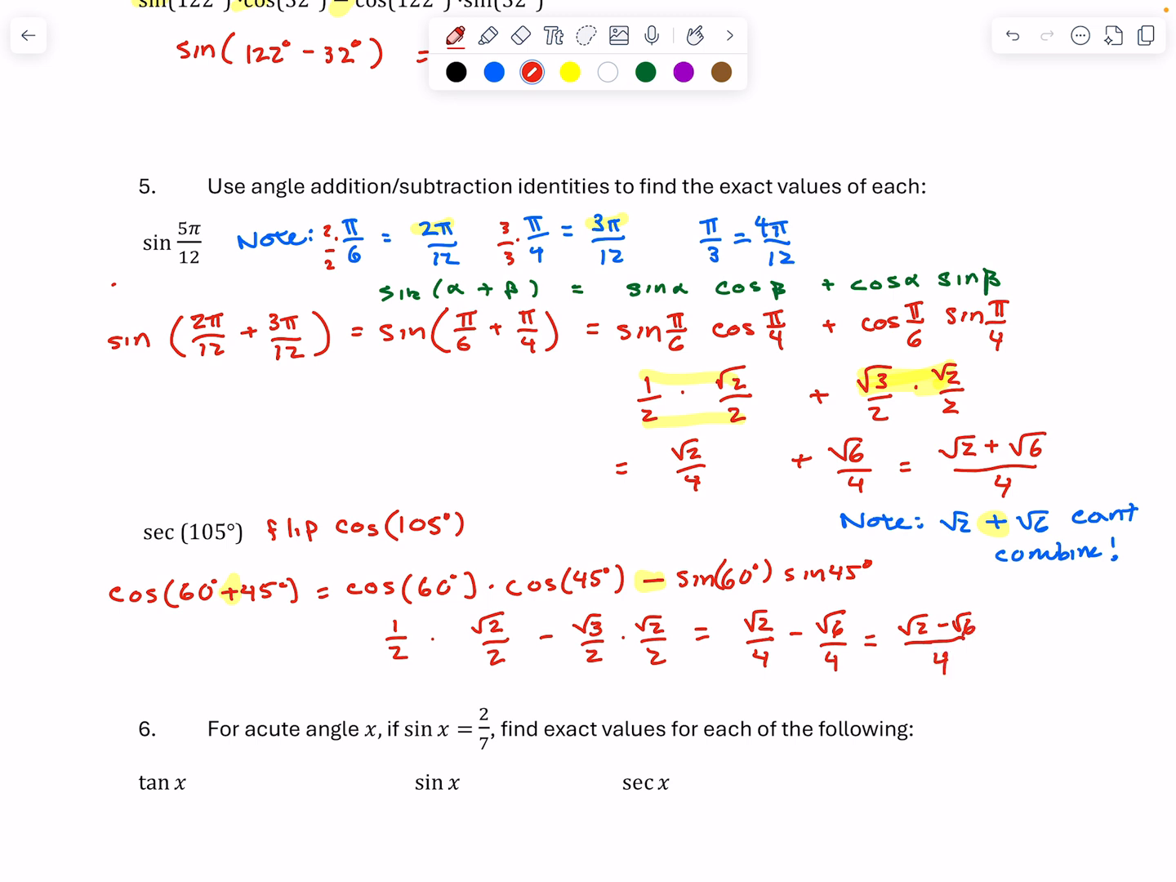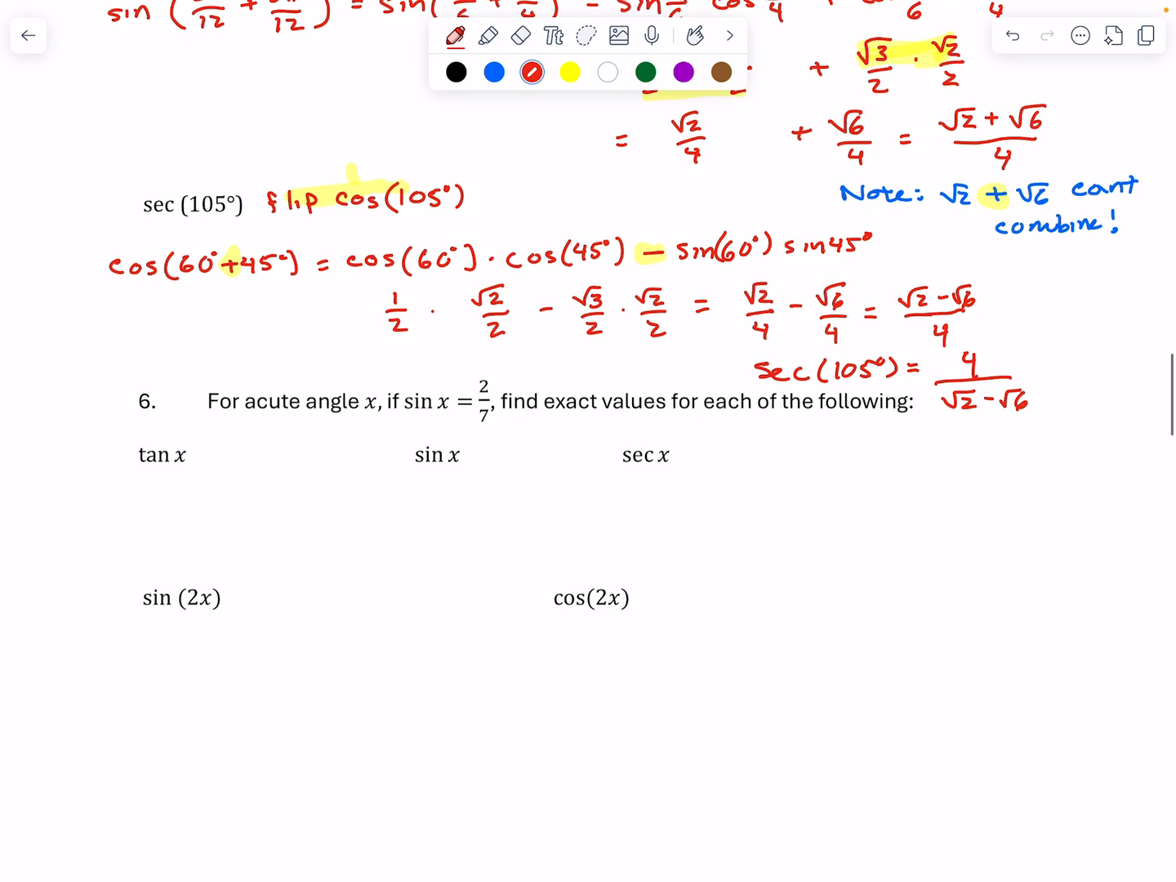And this is why we do a common denominator, because don't forget, you have to flip. Notice that's a negative number. Cosine does go negative in that quadrant, so that's all good. Okay. I'm going to draw an acute angle in the first quadrant, so